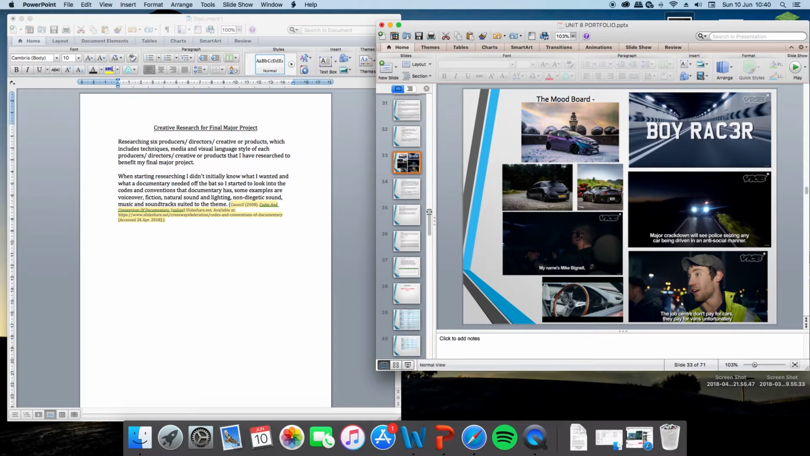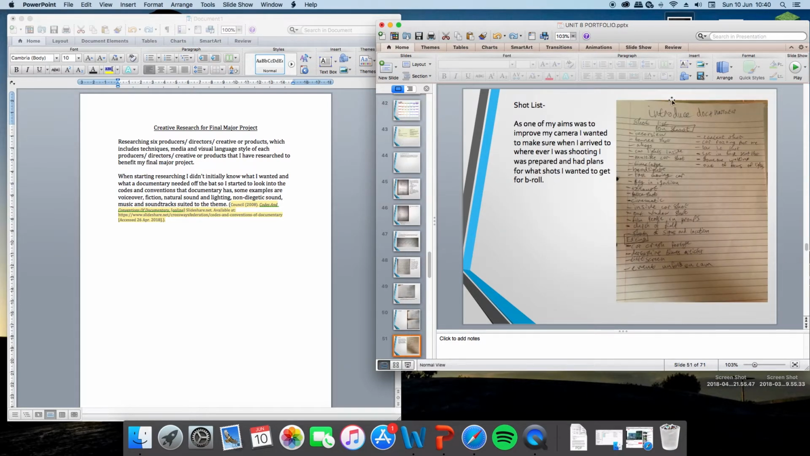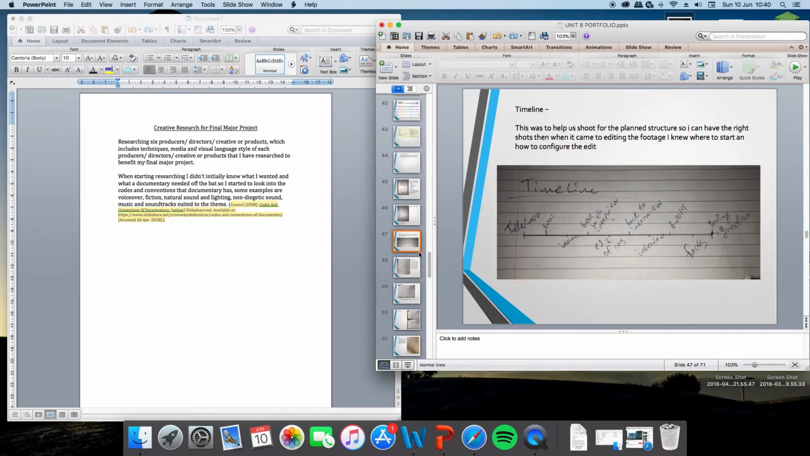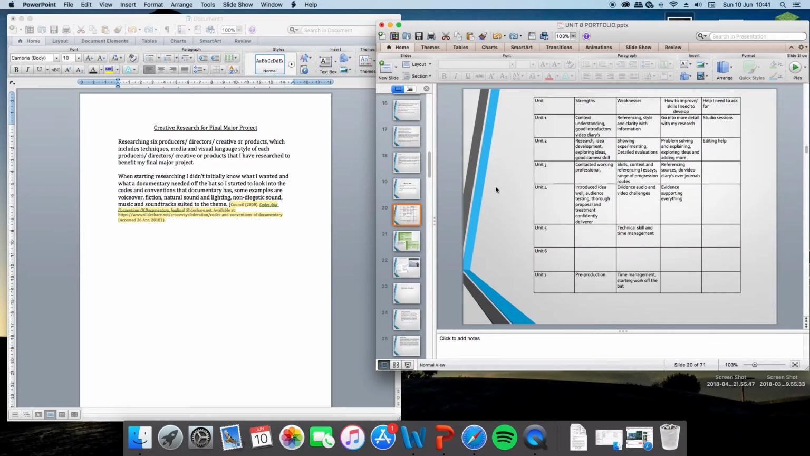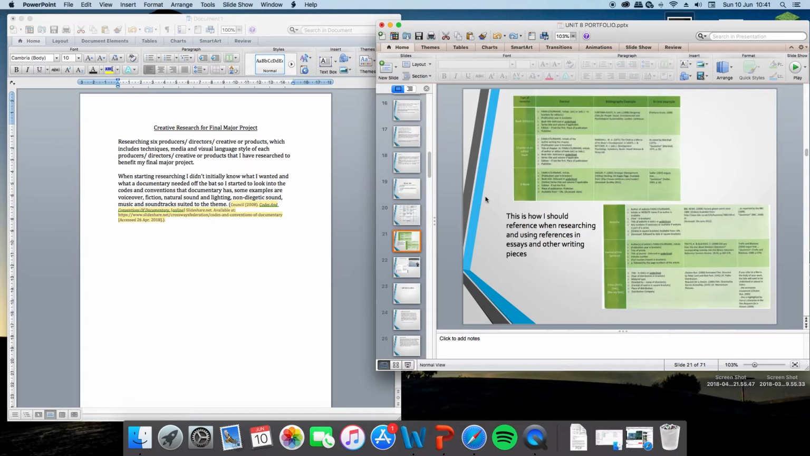And then I also, when on set, had a shot list, so I knew what I wanted to do and then researched what other shots they were. It just made it easier. Research into timelines and what order the normal documentaries went in. So just like a basic storyline, but fiction. We also had to look into how to reference, Harvard referencing